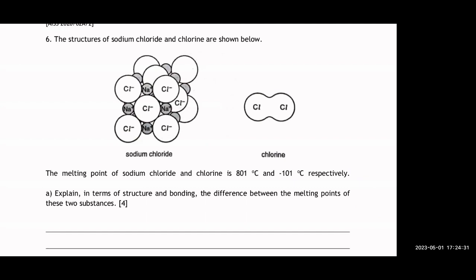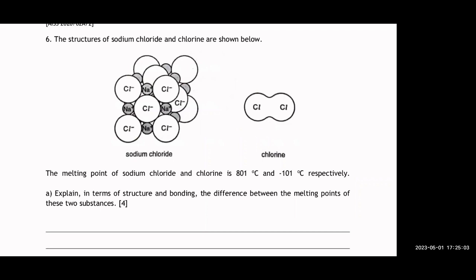Very good, giant ionic structure or giant ionic lattice. What is the structure of chlorine? How do you describe the structure of chlorine? Very simple one. Yeah, simple molecular structure. So here we are just looking at their shapes, the structures. And sodium chloride has a very high melting point because, like what Yumi mentioned just now, very strong EFOA, electrostatic forces